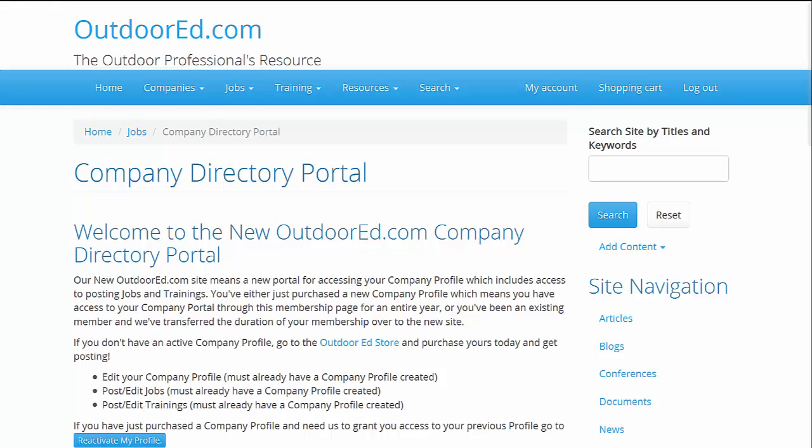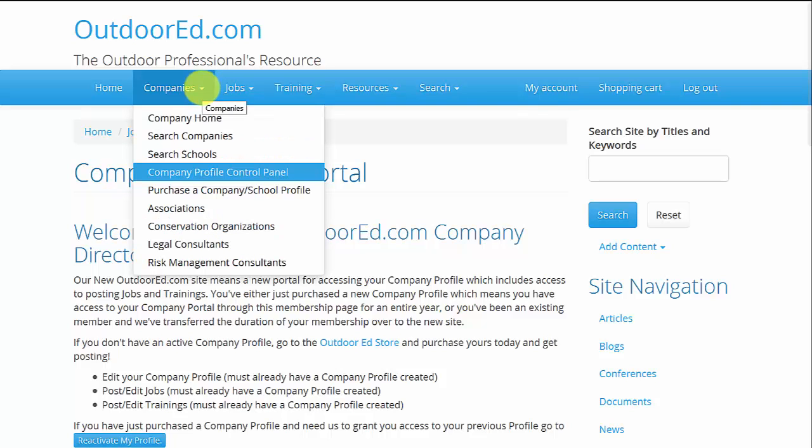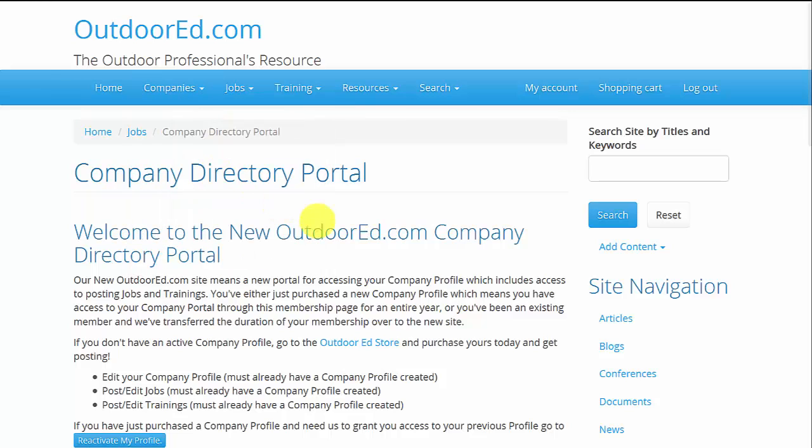We're going to take a look at job posting at OutdoorEd.com. So the first step in posting a job is to get to the company directory profile. So if you click on companies and the company profile control panel, once you're logged in, you'll get to this